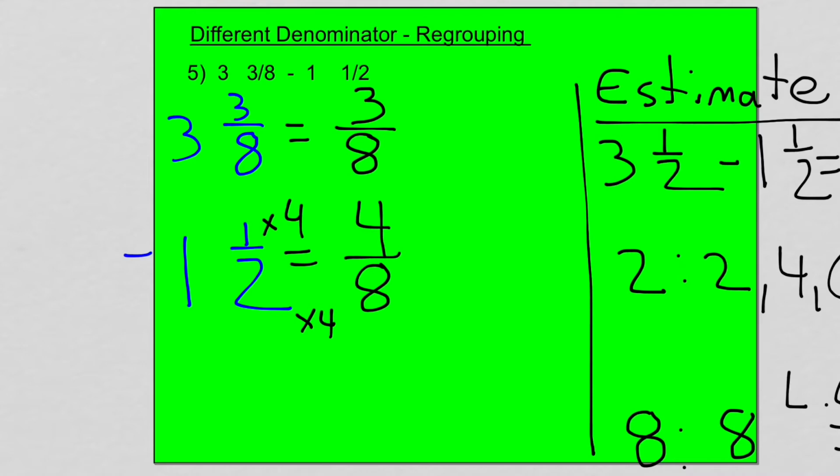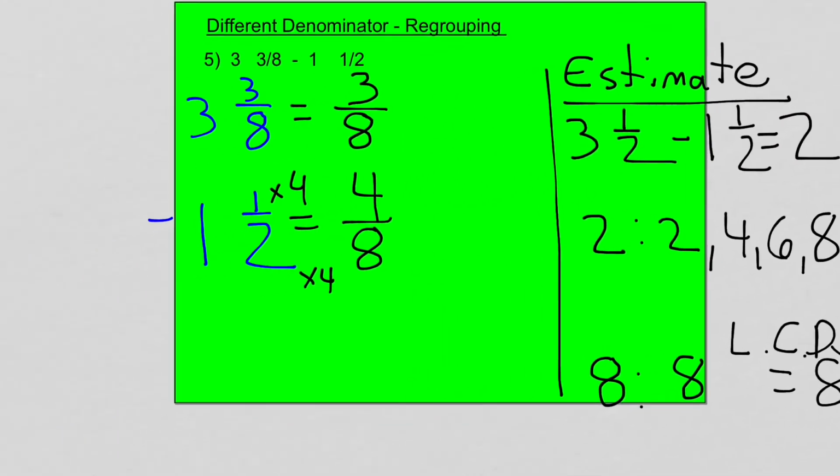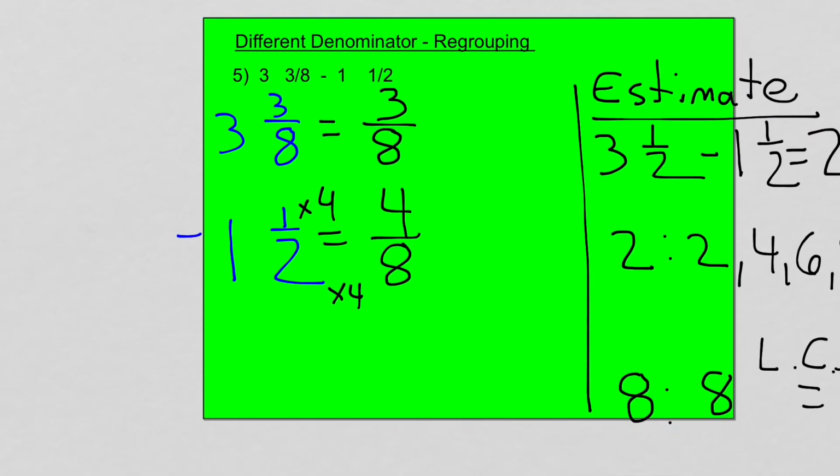Now, here's the issue. 3 over 8 is smaller than 4 over 8. Now, I don't like it when people say you can't do 3 minus 4, because 3 minus 4 is negative 1. But we've shown with our estimate that we're going to have an answer of somewhere around positive 2. So it's not that we can't have a negative fraction, it's just that that's not what we're going to have in this answer. So what we're going to do is we're going to borrow 1 whole from the 3, make